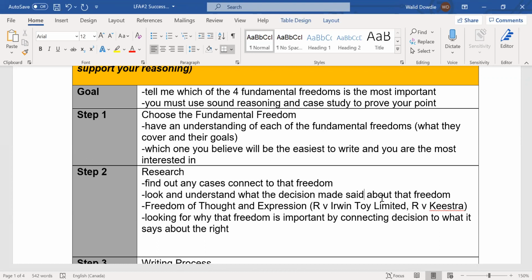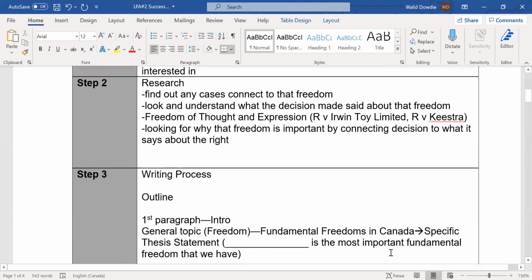So you can explain that this is the most important right because the ability to, one, speak in a society is important, and two, if society is able to establish where the boundaries are for that speech is also important, right? So we allow for speech, but we don't allow for hate speech, right? We allow for critique, we don't allow for slander, okay? So it's the idea that if you argue freedom of expression and opinion is important, it's because it's about establishing what you can say and creating reasonable boundaries for things that go over the line. Again, I'm not telling you to do that one, but that's an example of how I would have framed it if I were writing an essay.